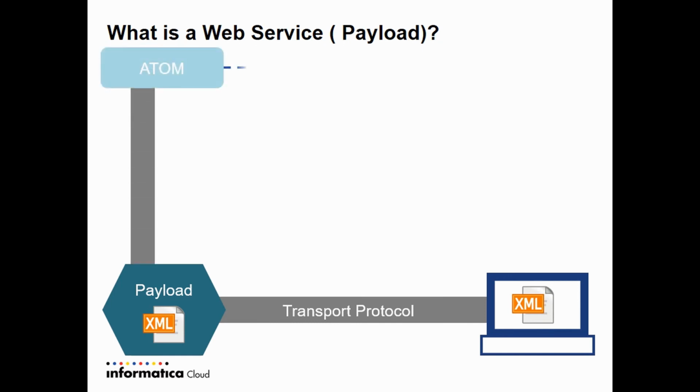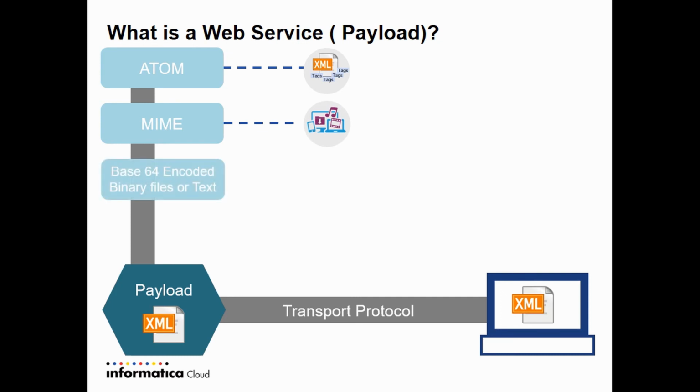Atom is an agreement of XML with certain tags in it. It's a standard way of describing the data. Other examples of payload XMLs are MIME or Multipurpose Internet Mail Extensions, which is used for transport of multimedia information via asynchronous Internet mail. Binary files, which can be base64 encoded, or text, which are used as payloads for FTP